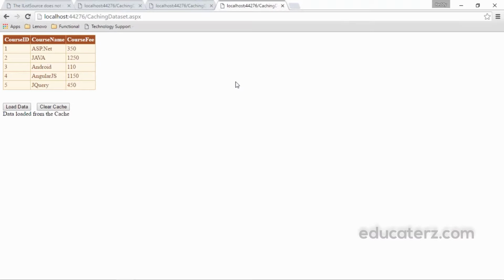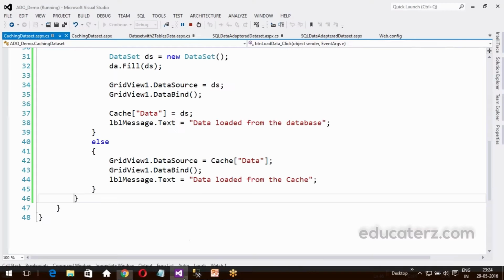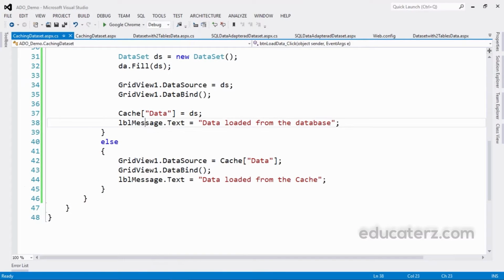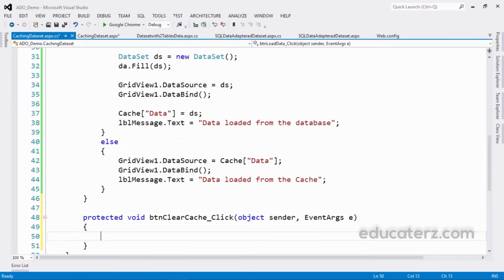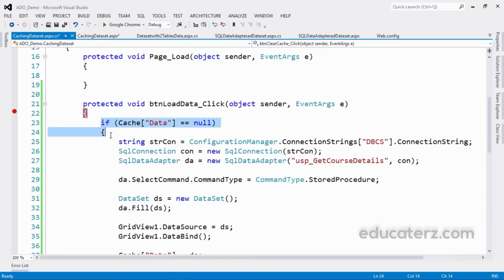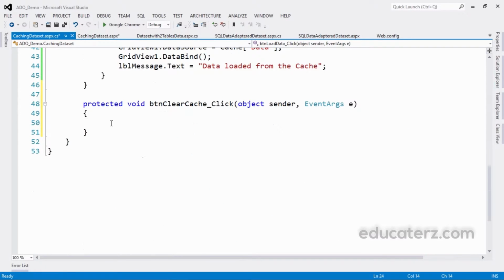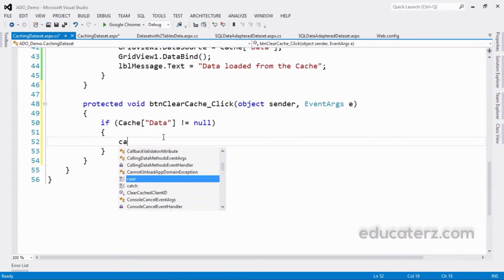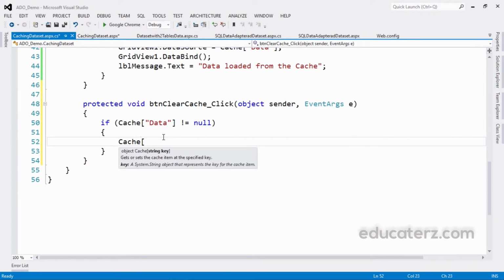So we have a button called clear cache. Double click on it. Now what I'm doing here is, if cache is not equal to null, let me take this condition, it is required now. If it is not equal to null, I want to clear the data from the cache. Cache of data.